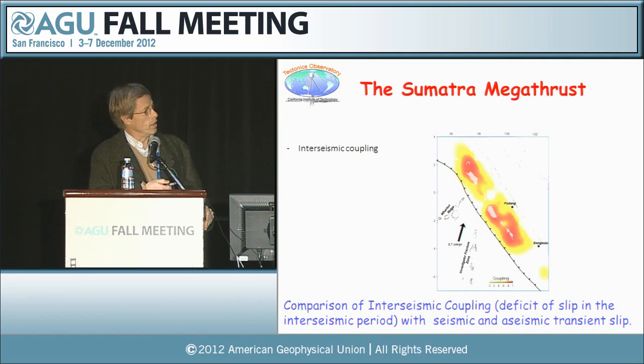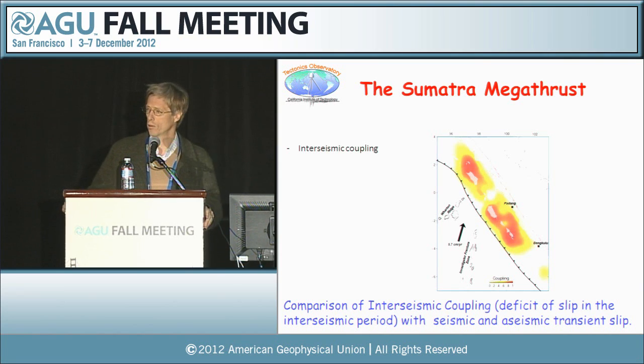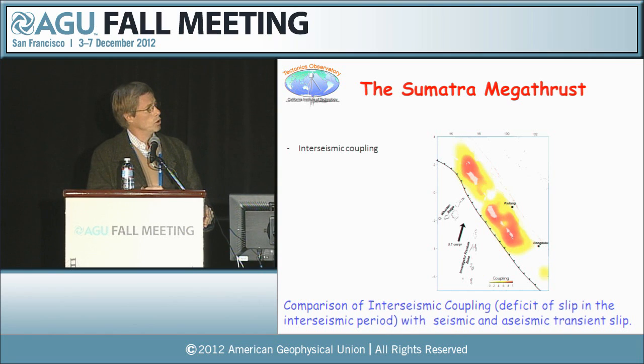Red is a coupling of 1, and 0 is white. So what you see here is that the pattern of coupling along the megathrust is extremely heterogeneous. You see basically two big asperities. And now we're going to see how this pattern of coupling compares with the seismic rupture first that occurred during the Nias